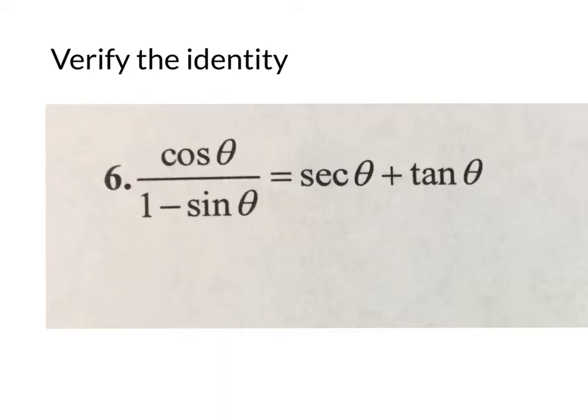Okay, we are asked to verify this trig identity: if I were to take the cosine of some angle, divide it by 1 minus the sine of that angle, that should be the same thing as if I took the secant and added to the tangent of that angle. Okay, that's crazy that this might actually work with actual angles, but we're going to do it algebraically and verify